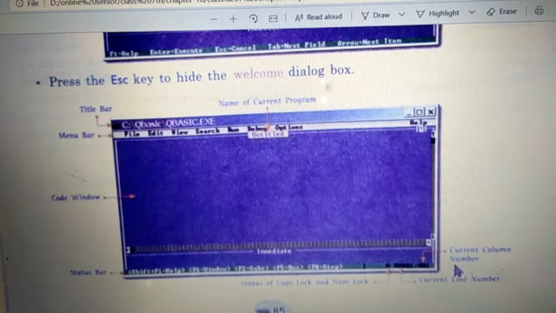That is why you should know the current column number. Then there is the current line number, and this one tells you the status of caps lock and num lock. If it is in caps lock, it will be like this; if not, it will be in the smaller version.